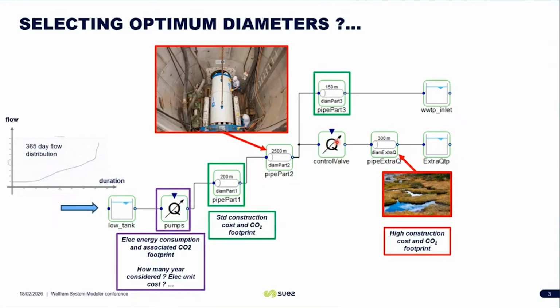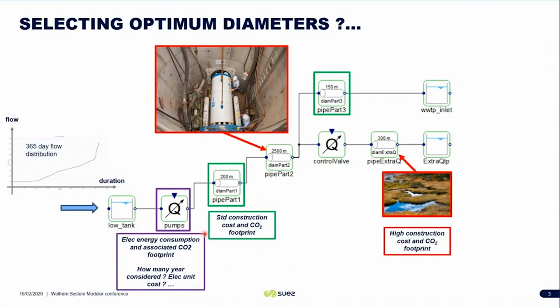So with these simulations, we can address one of the most critical design decisions in water conveyance, that is the selection of optimal pipe diameter, pumps, etc. And this decision is inherently multi-objective because it's a balance of competing criteria like hydraulic performance, construction costs, environmental footprint. For instance, in hydraulic performance, if pipes are undersized, head losses increase, discharge pressure at the pumps rises,